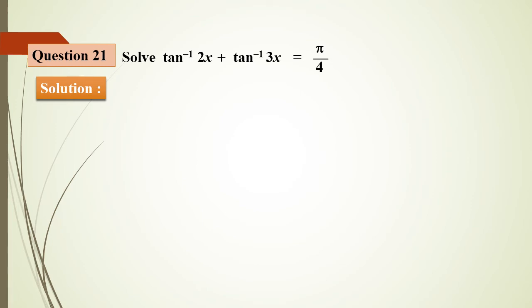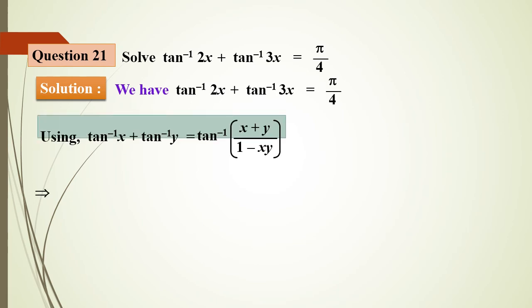Tan inverse and tan inverse, when the two terms come, its formula is tan inverse x plus tan inverse y, tan inverse x minus tan inverse y. It can be written as tan inverse of x plus or minus y divided by 1 minus or plus x into y. This is the standard form of tan inverse x plus tan inverse y. Okay. Now the same property you can adopt here to simplify this respective term. Next. So this is a standard property. Tan inverse x plus tan inverse y equal tan inverse of x plus y divided by 1 minus xy.